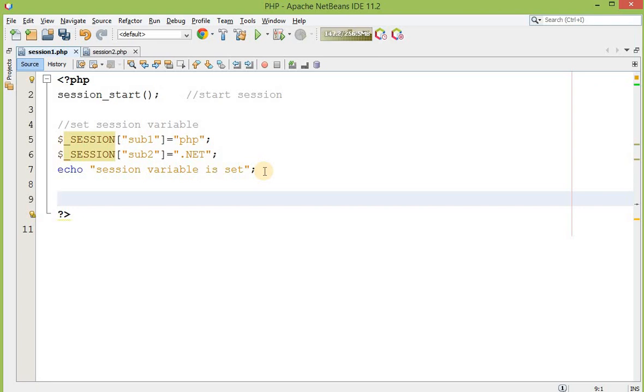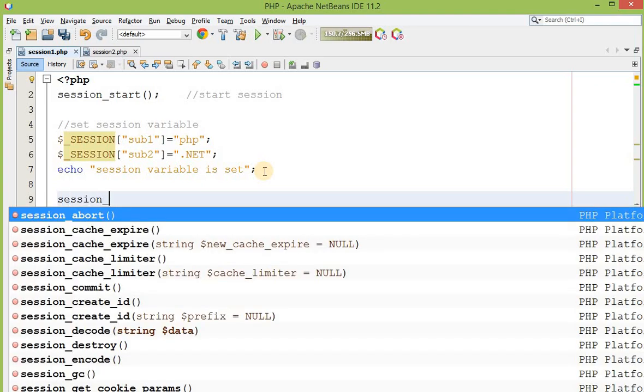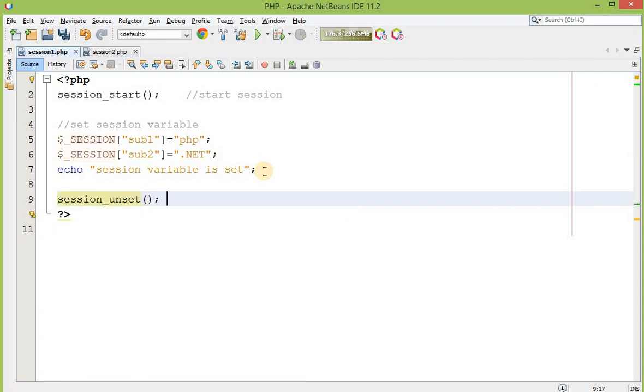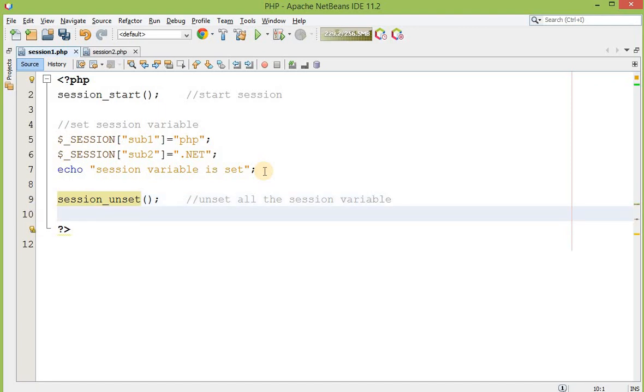So this is all about how to start a session and how to assign variables to the session. Now if I want to unset these variables, how can I do that? Simply make one call, that is session_unset. What does this method do? Simply, it will unset all the session variables.